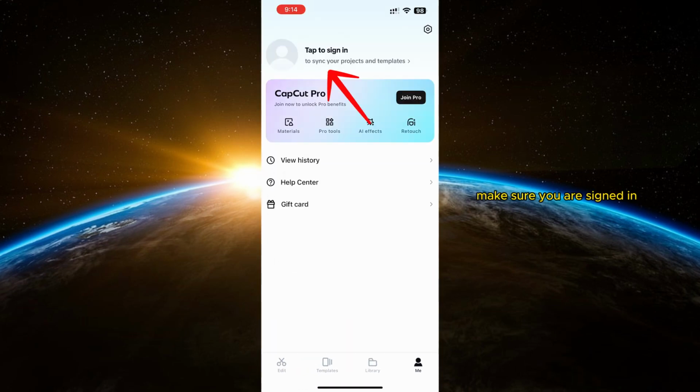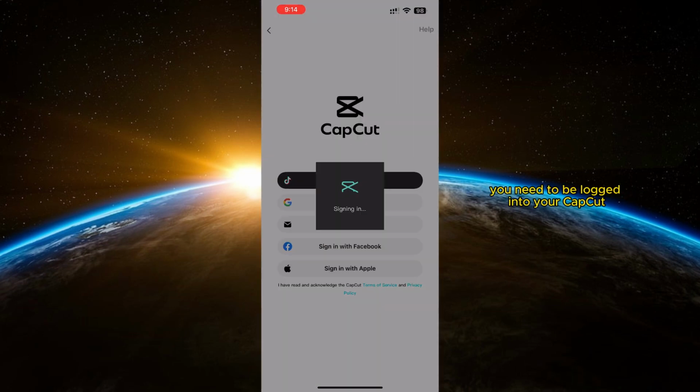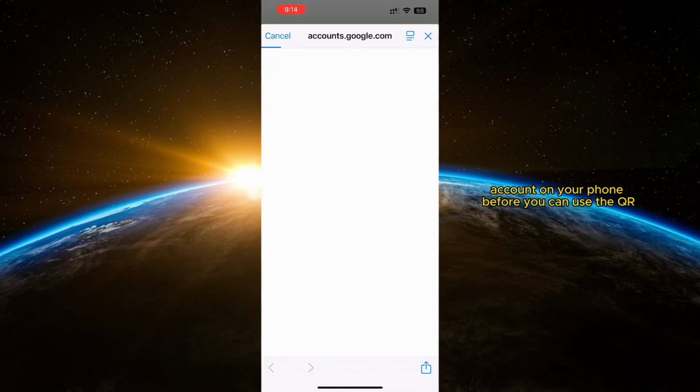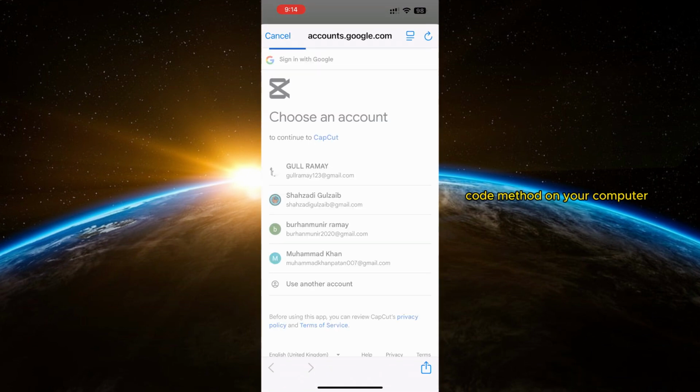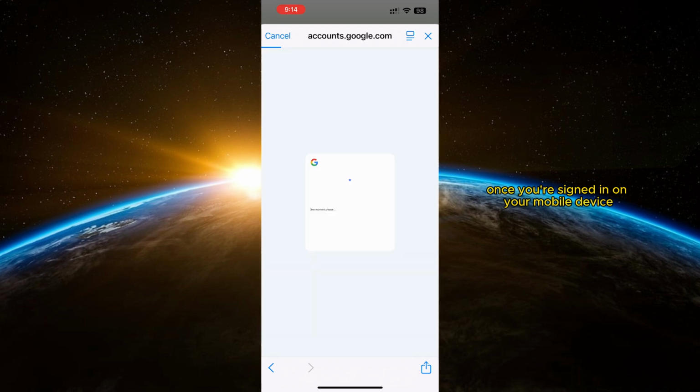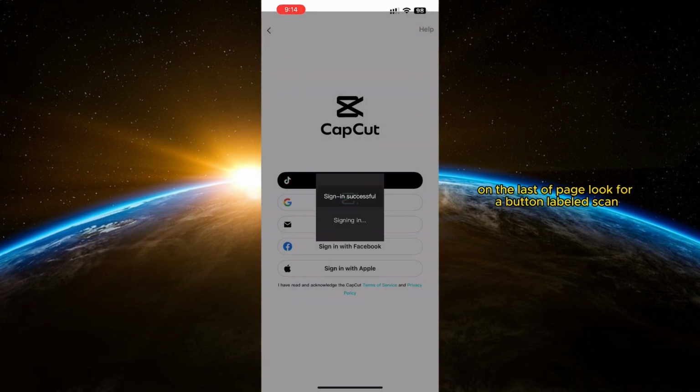Make sure you are signed in using your email and password. You need to be logged into your CapCut account on your phone before you can use the QR code method on your computer. Once you're signed in on your mobile device, on the last page, look for a button